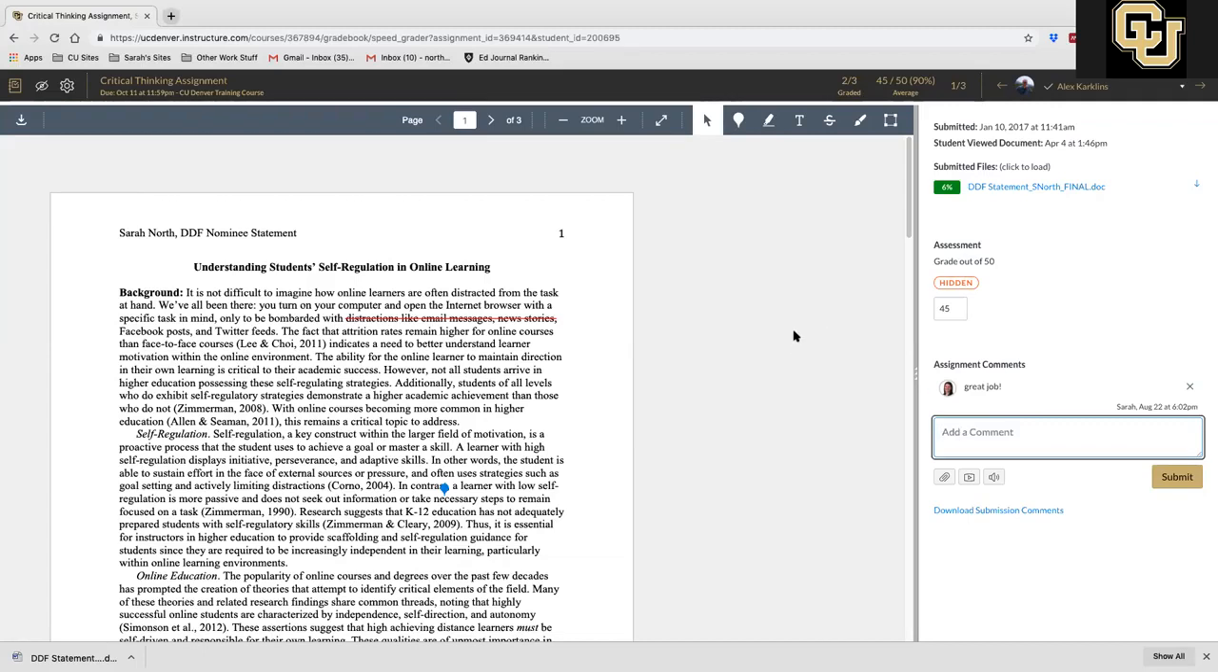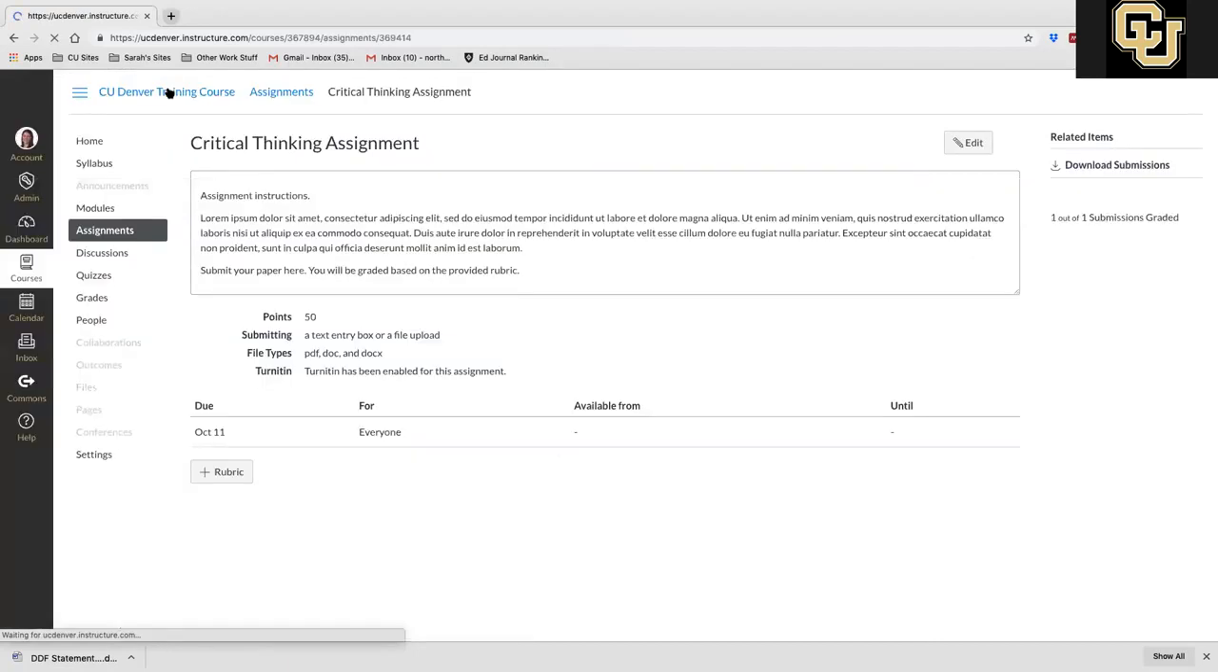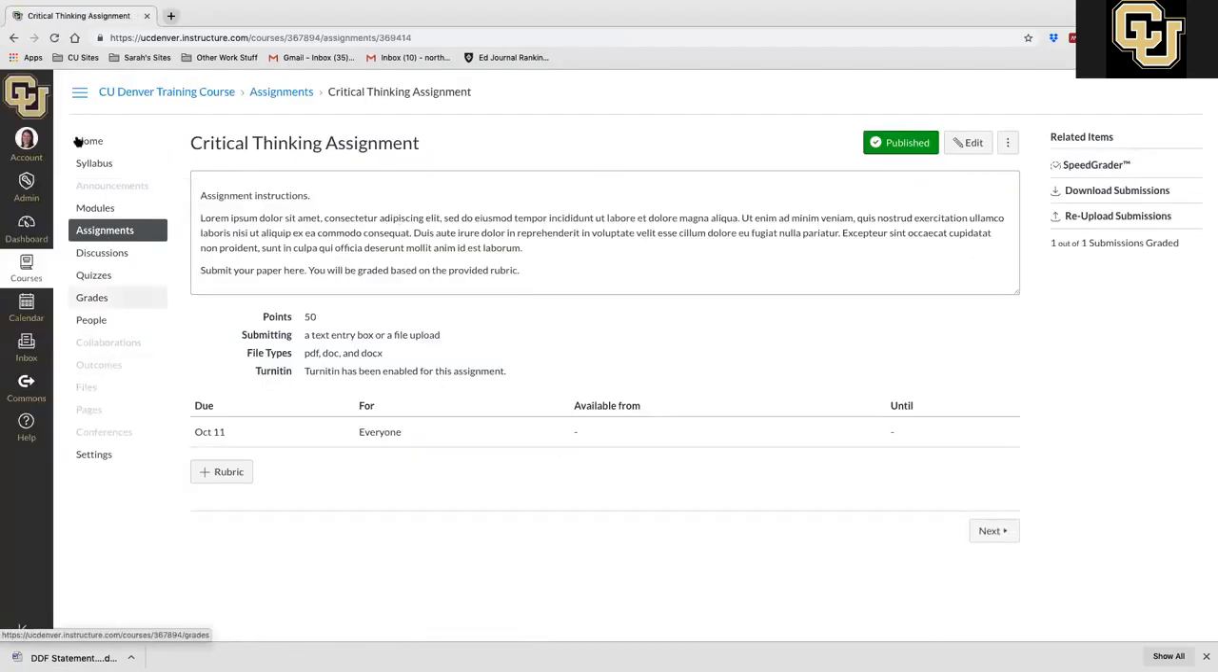Does everyone want to see announcements? It's just really quick how to make an announcement. Our people will be making announcements maybe in their class. So to get back from SpeedGrader to where you're going, I'm going to the top and clicking on the assignment or the grade book, one of those two, and you'll get sucked back into Canvas. So, announcements